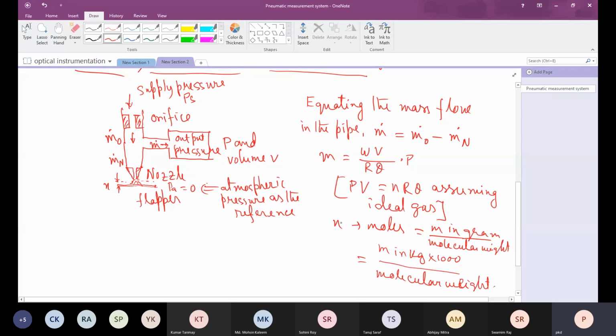So then, of course, if it is MKS system, then mass is in kg. Then mass m, if it is in kg, this should be divided by R theta. So here 1000 will come into 1000 into P. So mass flow rate would be